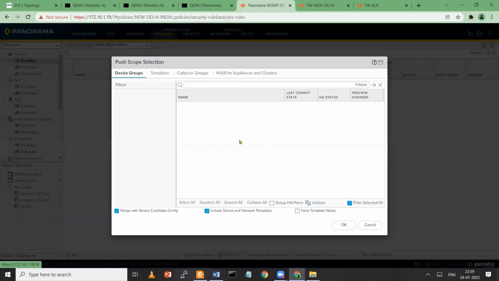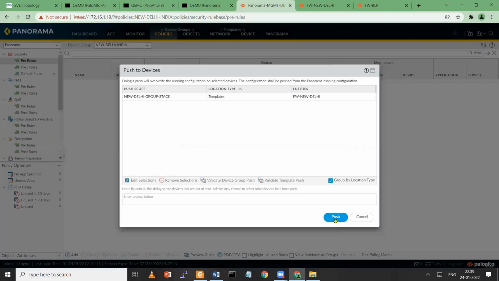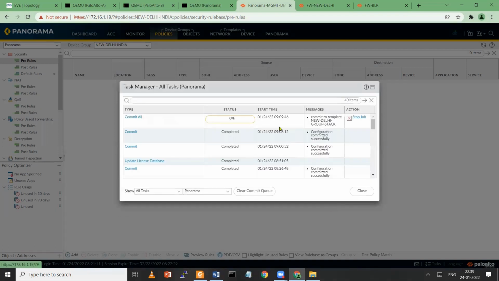You can customize the selection process. So under template, you can select Delhi group template stack and new Delhi firewall and say okay. See, now I'm pushing configuration to new Delhi location firewall. Let's wait again.